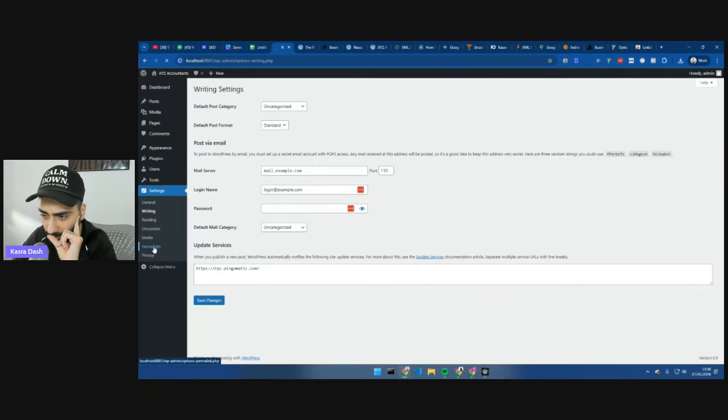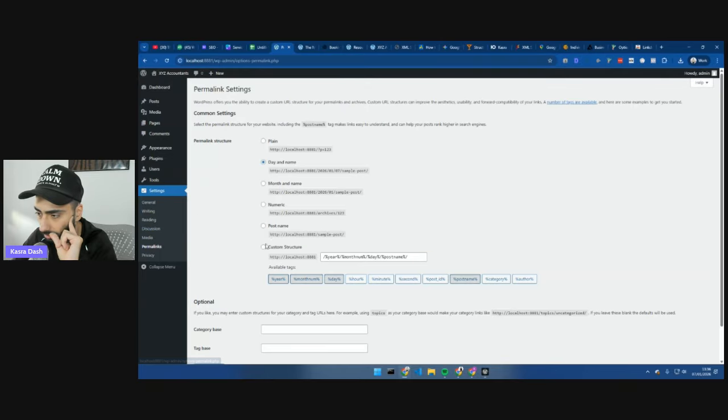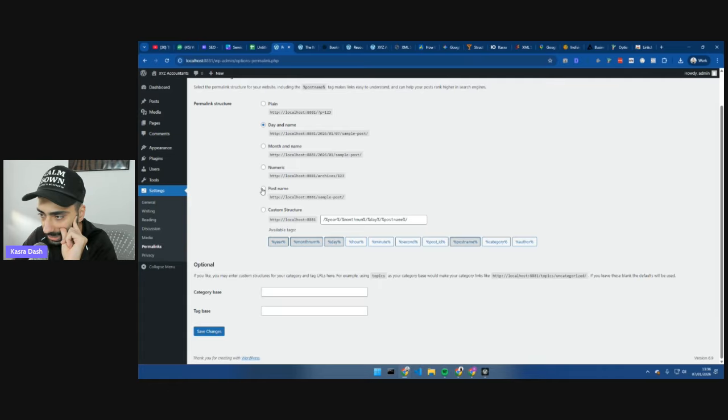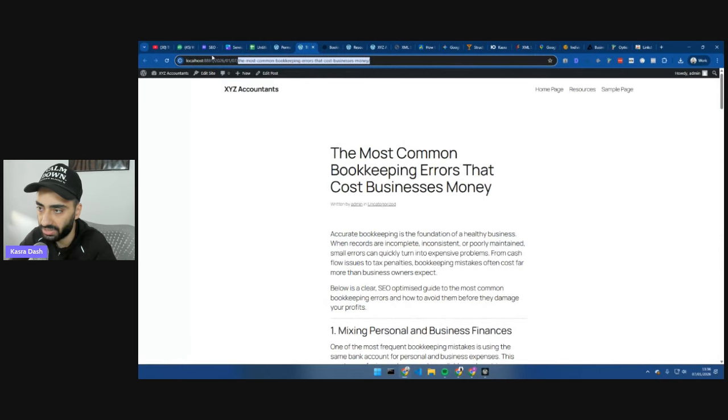Permalinks. Is it permalinks? Maybe permalinks. There we go. So we've got post name. So we're just going to set it to that, and we're going to click Save Changes. And basically what this does is right now we've got the date of when this was published. So we've got 2026-01-07. If we refresh that now,